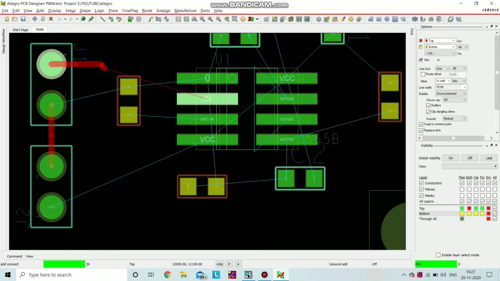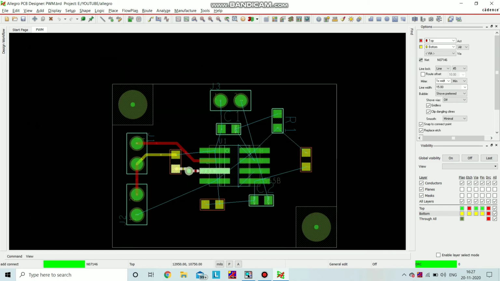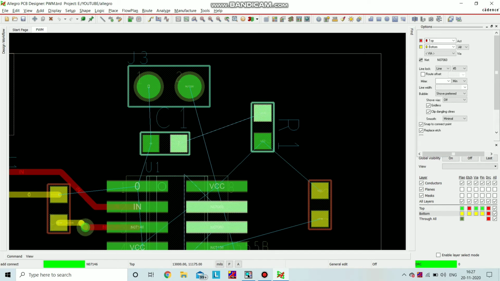Now I am doing the layout design for the top layer. I am doing the connections from the top layer. This is the top layout, and yellow color is the bottom layer. SMD components mostly we can't connect directly from top to bottom layer.